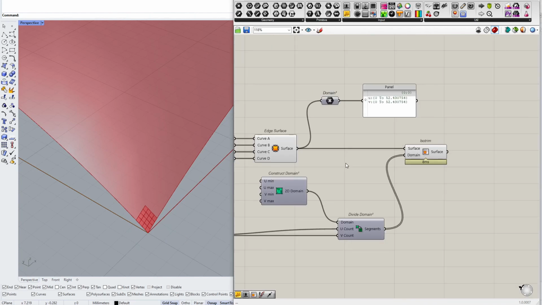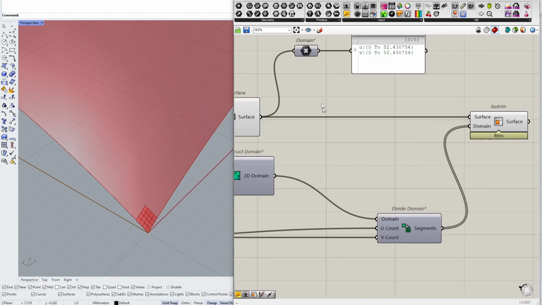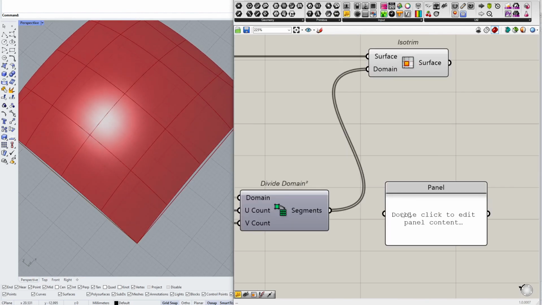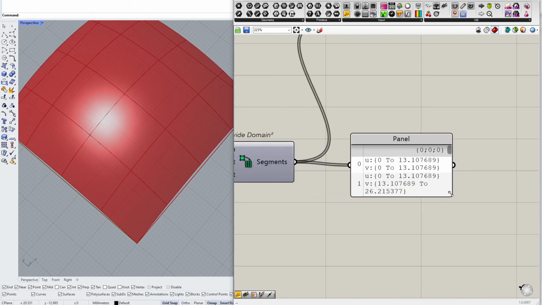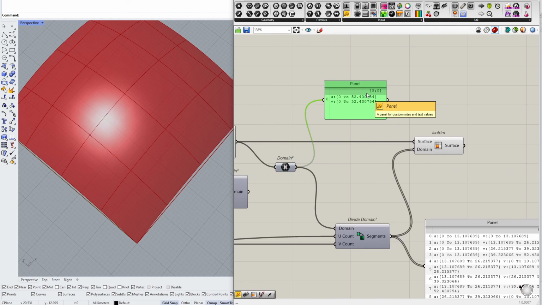So there are two things that I can do. I can either divide this domain, which is precisely the domain of this surface, and just those segments will be larger and will cover the whole parametric span of the surface, or